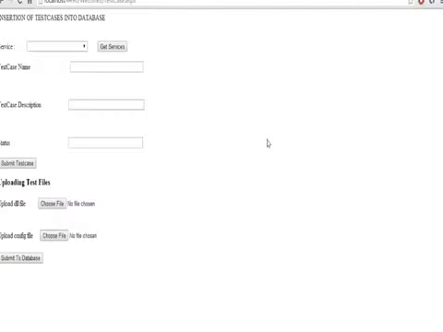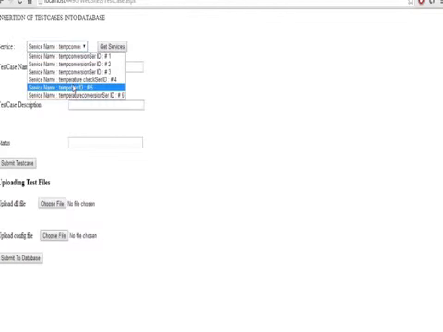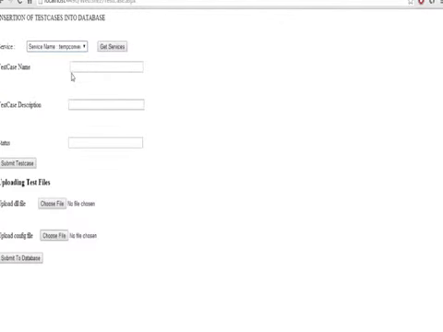So the status of the test cases as executed by the broker will be shown later. For now, when I click on get services, this drop down list is populated with whichever services were submitted by the provider. If I enter a test case name, say test method 1, and say this is a divide by 0 test case, the status will initially be pending, and if I say submit test case,